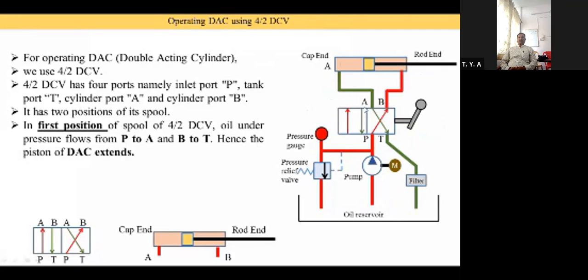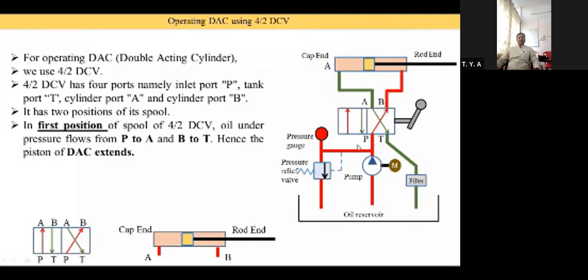Now we understand the second position. Here you see that the position of the directional control valve is changed, and this position is changed by using this lever, and this is the manual lever. Suppose it is automatic, then a solenoid valve is there and another component is used. It is also operated by using a foot valve. So here you see the system is connected with the second position. We operate the directional control valve, and its position is changed.